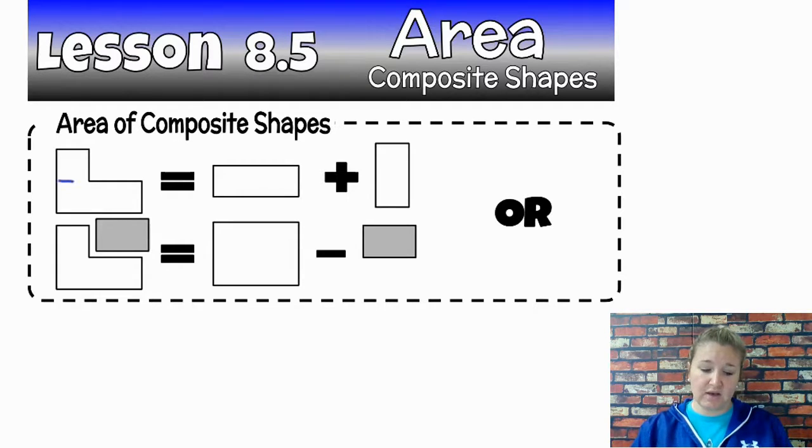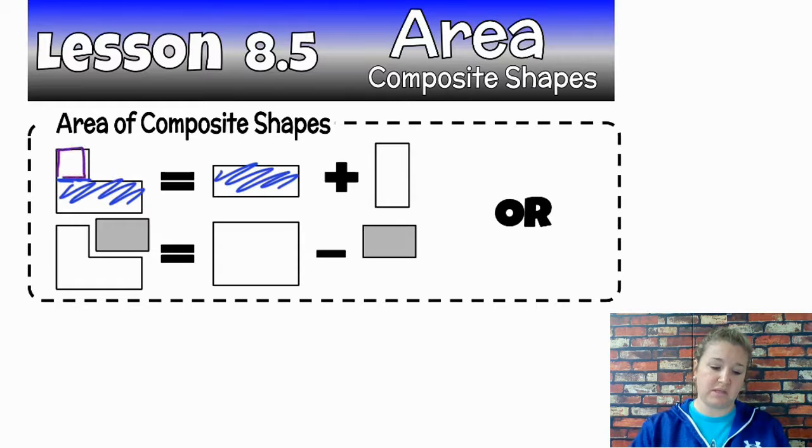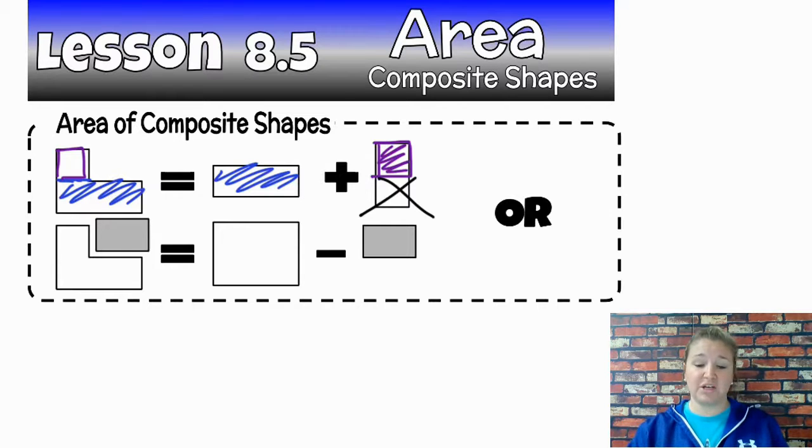can take the area of this long piece, which is right here, and then I will add it to the area of this piece here. So really this should just be a smaller piece, not this piece. And so I can just add those two areas together, and that would give me the area of this L